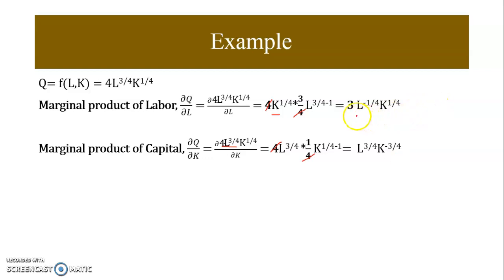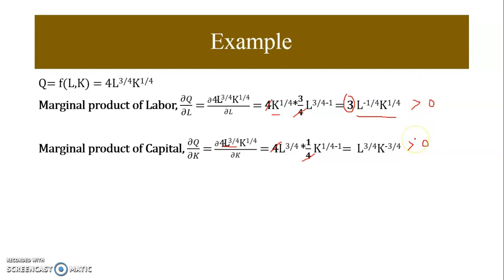So in this case, when you see the value of this, it is greater than 0 because this is the positive constant. This power is minus 1 by 4. So when power is negative, still your value will come out to be positive only. The value will not come out as negative. So you have to look for the value of this constant. So if this is positive, it means it is greater than 0. So similarly here also it is greater than 0. There is no negative sign, so we assume this has to be positive.